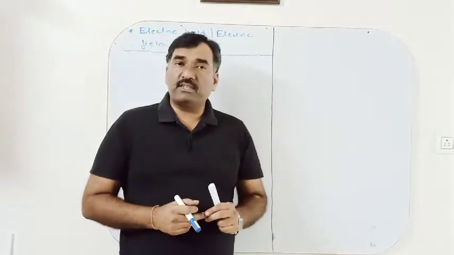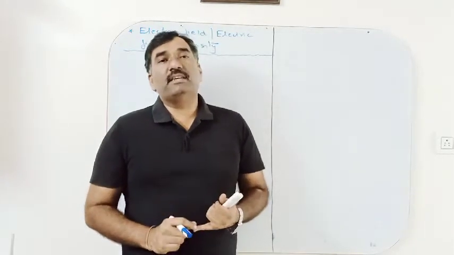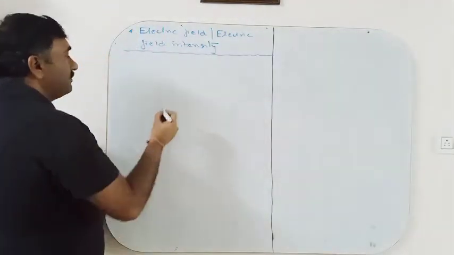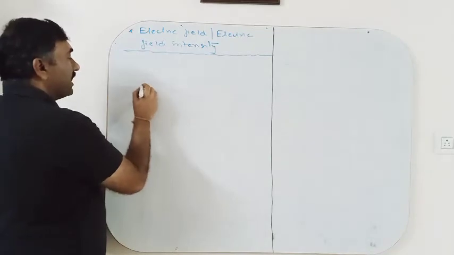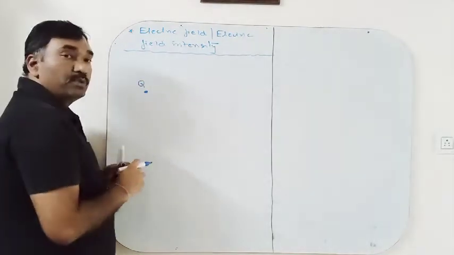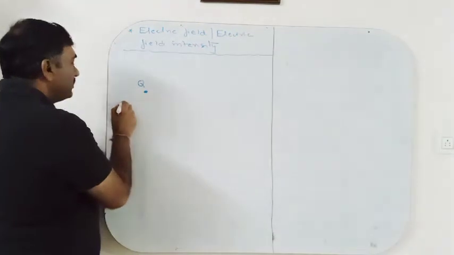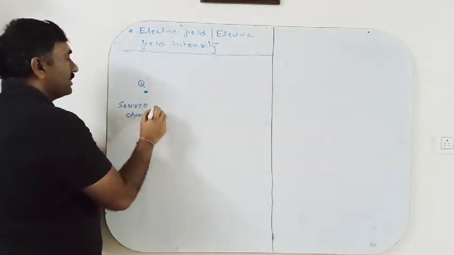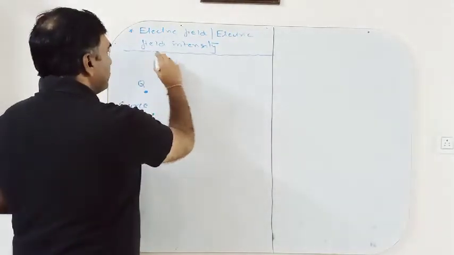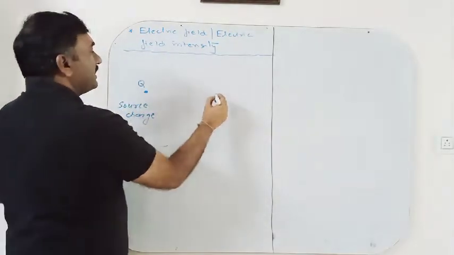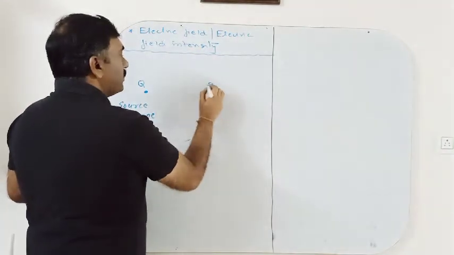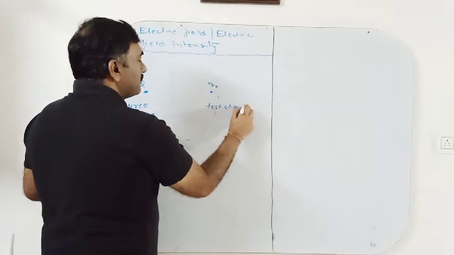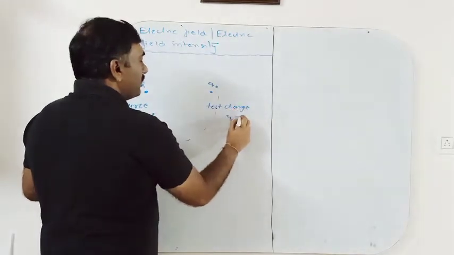जो electric field बनाता है, the charge which produces the electric field is known as the source charge, and the charge which is used to determine the nature of the electric field is known as the test charge. So for example, suppose we are having a charge Q. This charge is used to produce a field, and this charge is known as the source charge. So in the electric field of this, we are taking a small Q naught, and this small Q naught is known as the test charge, and this Q naught tends to 0.